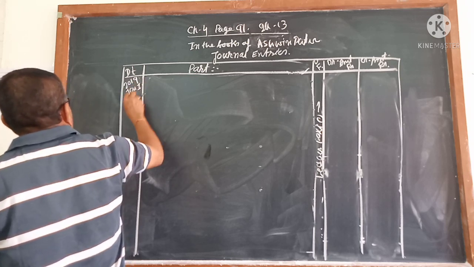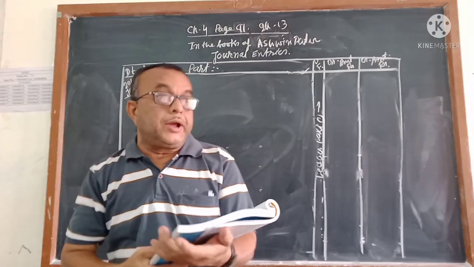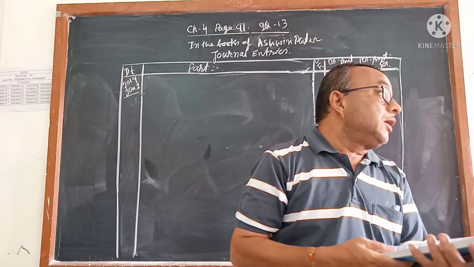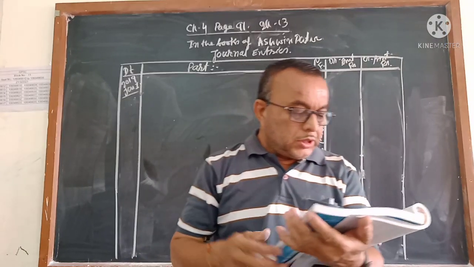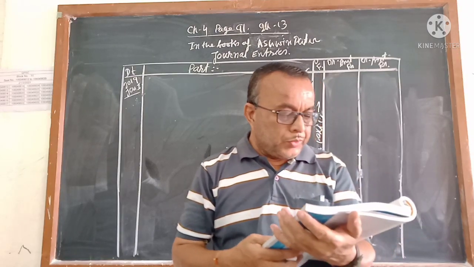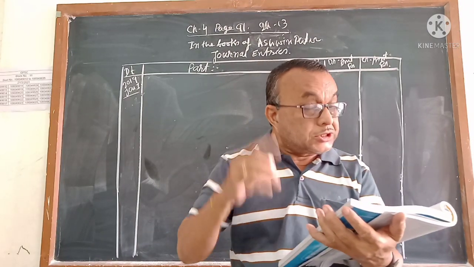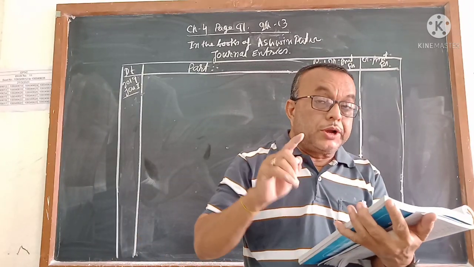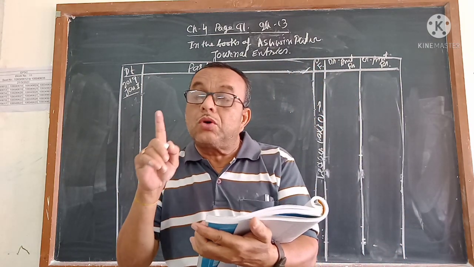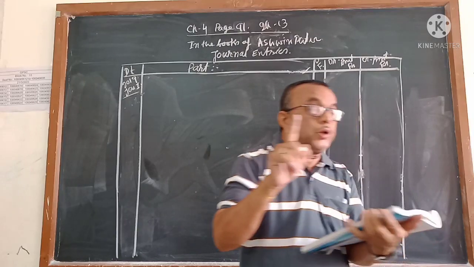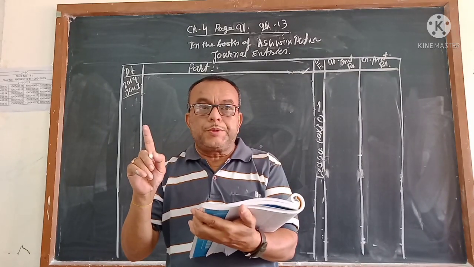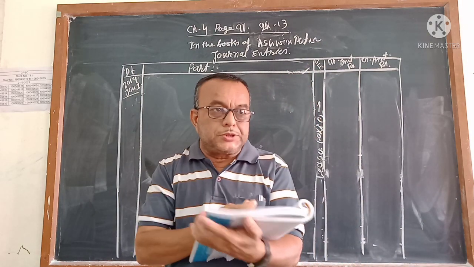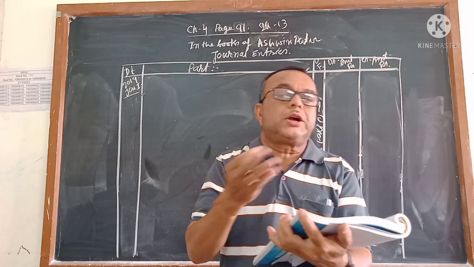January 1. How I am thinking and which way I am writing, try to understand. Though I am doing the illustration, I am trying to make you understand level by level. Keep in mind the point I told you. Number 1, goods of rupees 10,000 are purchased, which means GST also will be debited. When you read the question, the buyer and seller, where they are, is the most important point you have to keep in mind. Few points you have to keep in mind: how much percentage of GST, and the buyer and seller, both businessmen. You are in Ahmedabad,